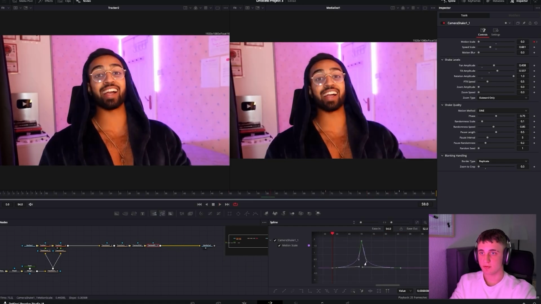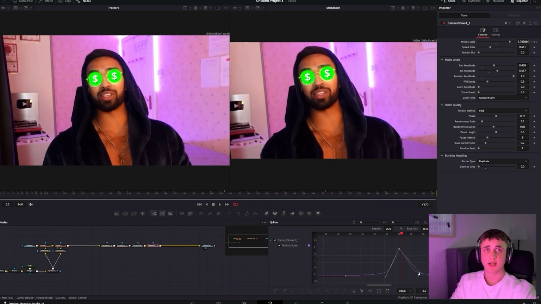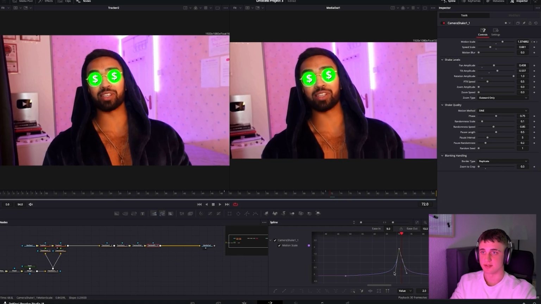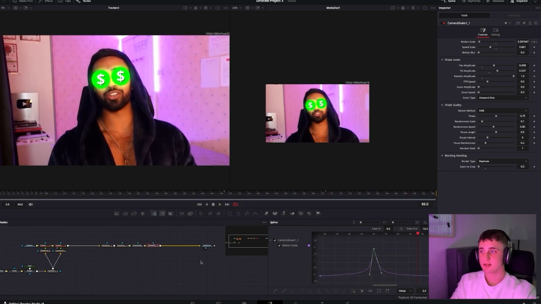Maybe make it a bit more rigid. Now let's try and just adjust the splines to have them as good as possible. This looks pretty fine to me, like the impact, and yeah, we're gonna keep it this way.